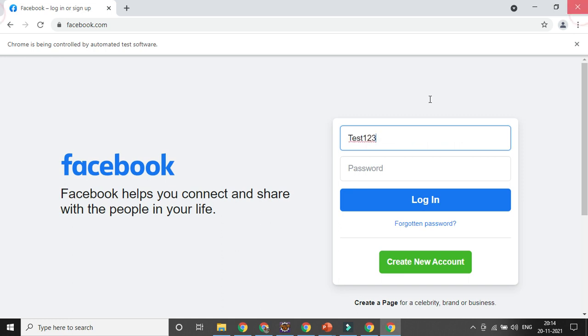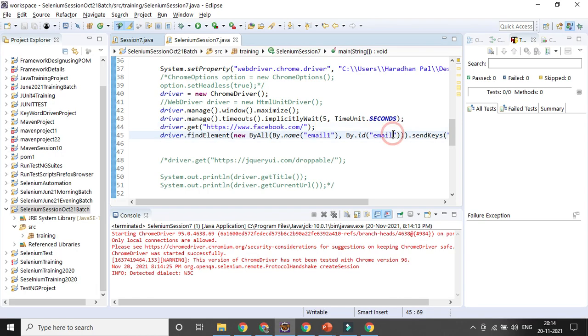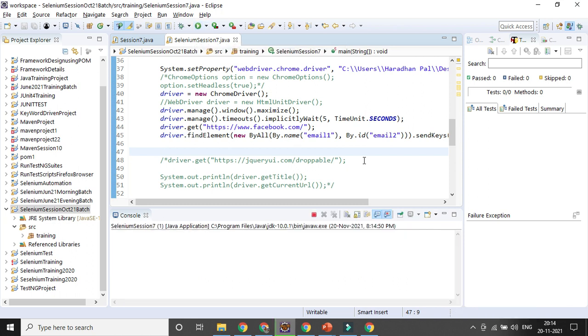But here, in case say 2 options are not matching, right, then definitely it will throw an error. It will wait for 5 plus 5, 10 seconds, and it will throw the error that the element is not visible, not able to identify it, right?